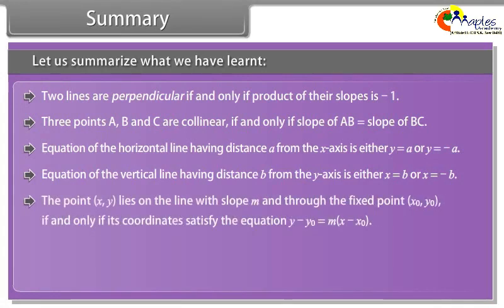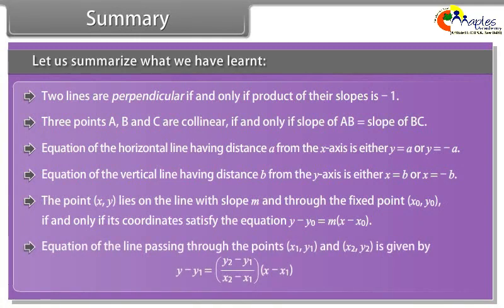The point (x, y) lies on the line with slope m and through the fixed point (x0, y0) if and only if its coordinates satisfy the equation y minus y0 is equal to m into x minus x0. Equation of the line passing through the points (x1, y1) and (x2, y2) is given by,